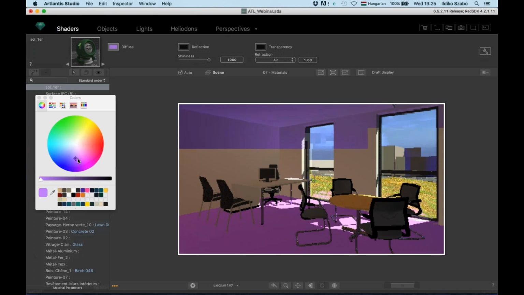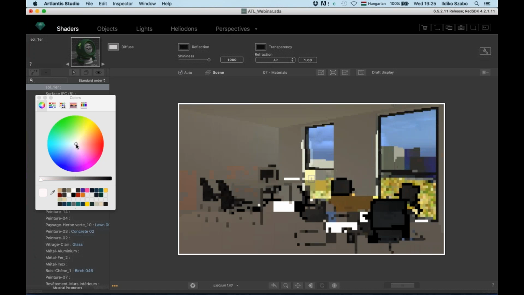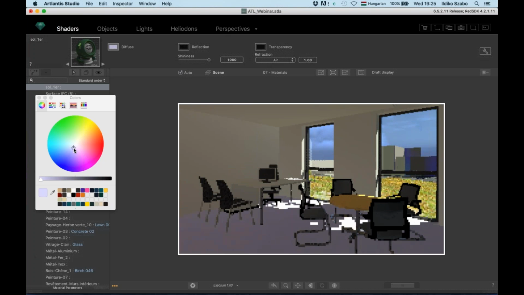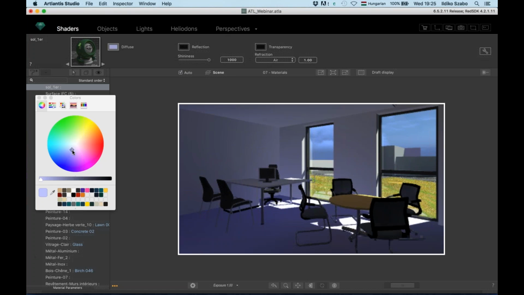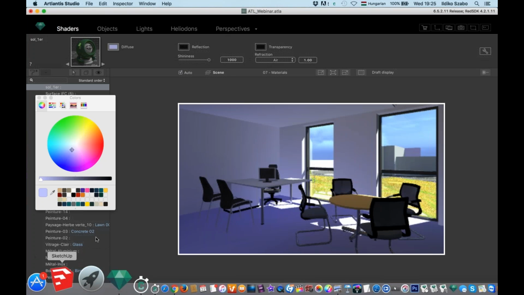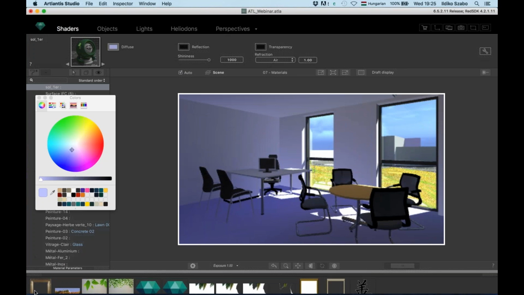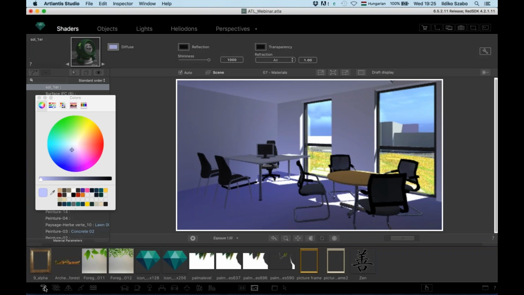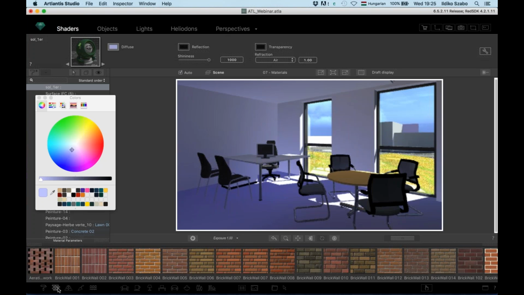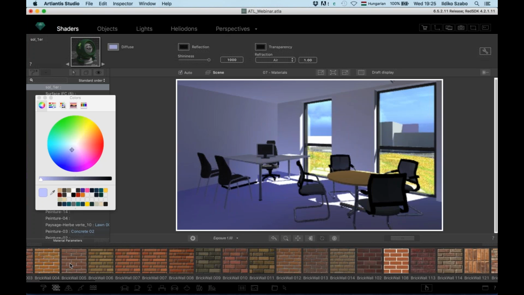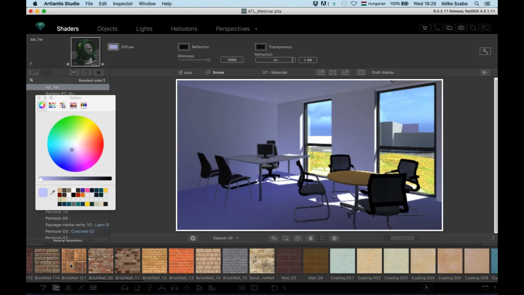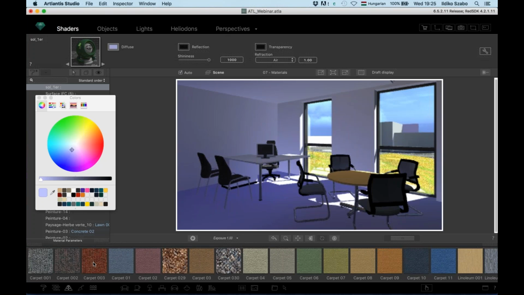change anything about this. There is a very heavy color bleeding that can be corrected through the white balance feature, of course. So here is my pink or purple carpet, but I'd better take something more realistic from my library. So let me introduce you to this extra drawer